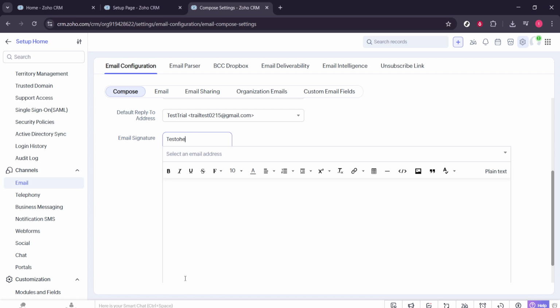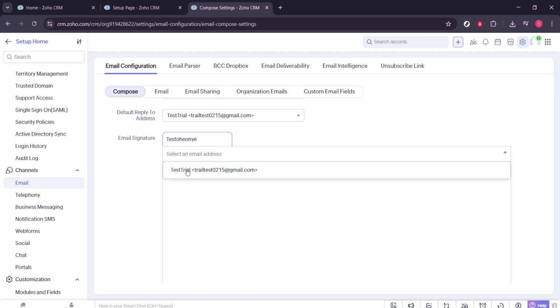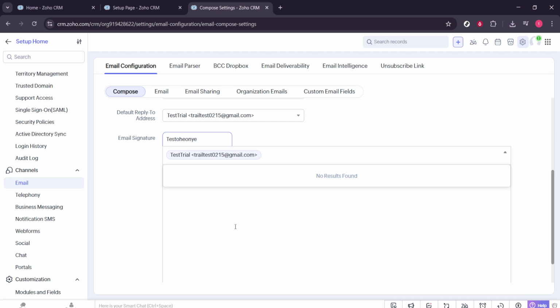Begin by typing your email signature. Keep it clear and concise. Think full name, role, company name, and core contact details you're comfortable sharing. If your organization uses brand guidelines, match the tone and visual style. Shorter is usually better. Your signature should be informative without competing with your message. If you include an image, such as a logo, make sure it's optimized so emails load quickly and look good